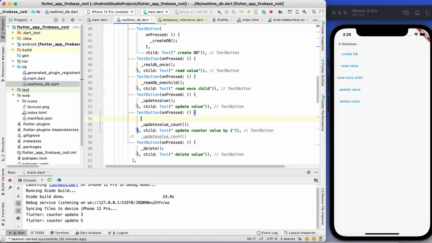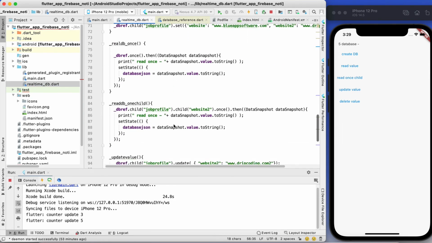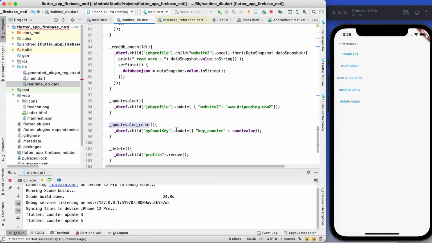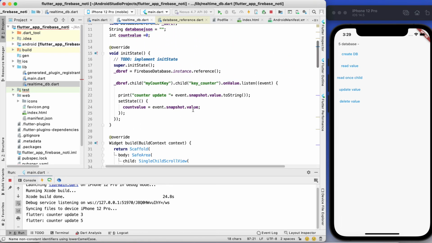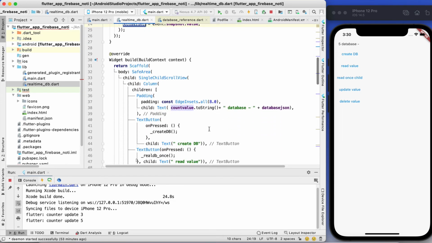Just before calling this function I will update the count value plus plus. So plus plus is the new value, and when I call this function, it will update the value on the server database, and whenever there is any change in the server database, this event will listen to the new change and again update the value on this UI.